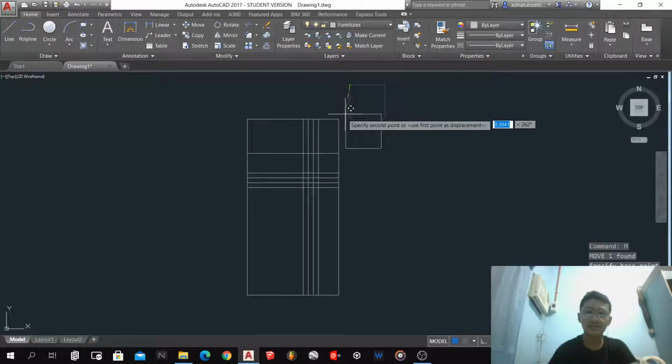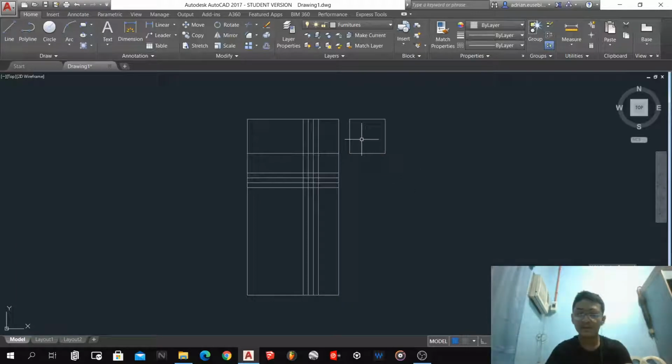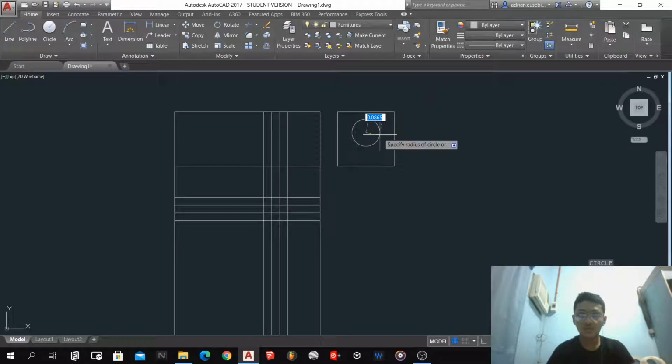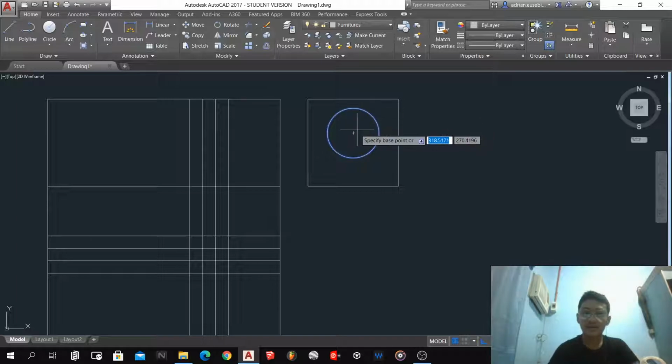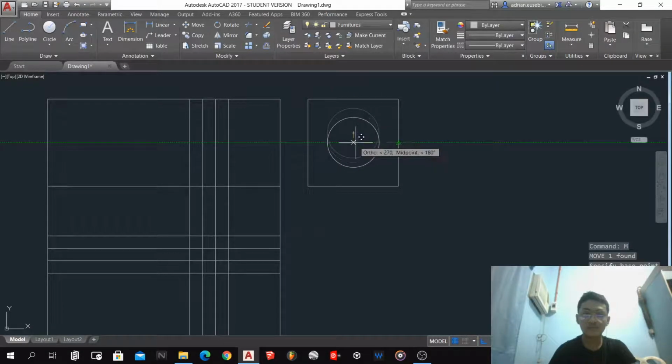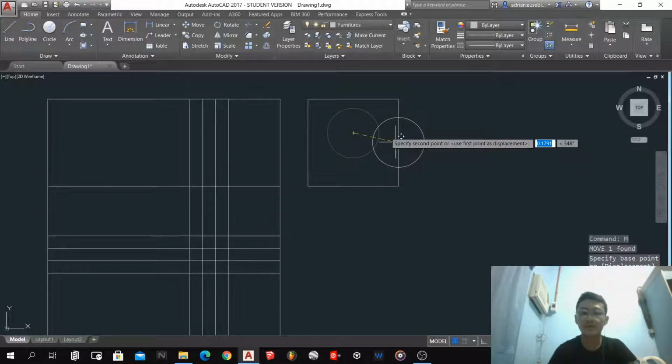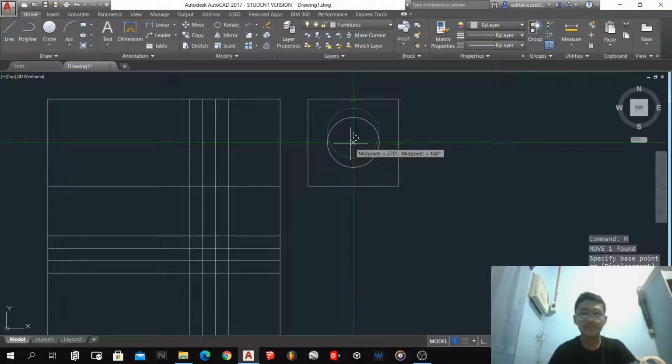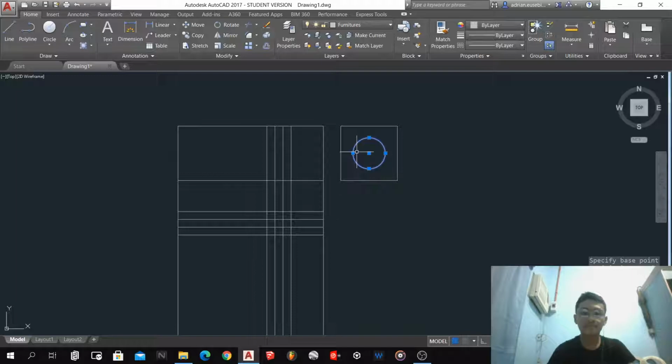and we're going to move this here and make a circle in the middle point or midpoint, and have a 0.10 na diameter, and make sure na nakagitna siya. Make sure na nakagitna yung circle natin na nagre-represent ng ating lampshade and yung ating